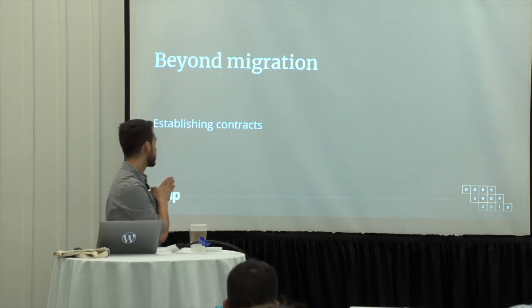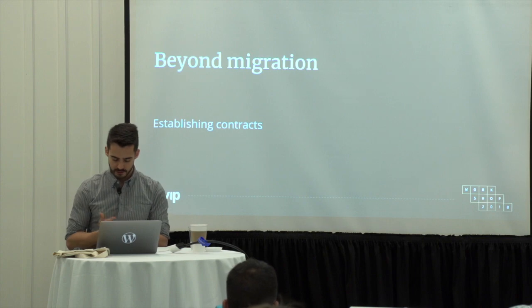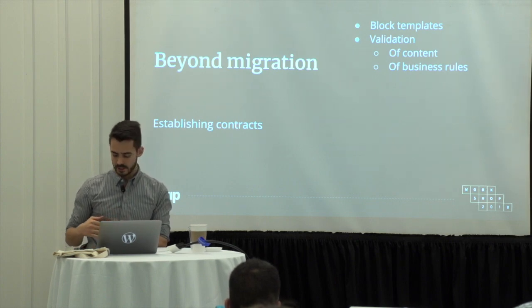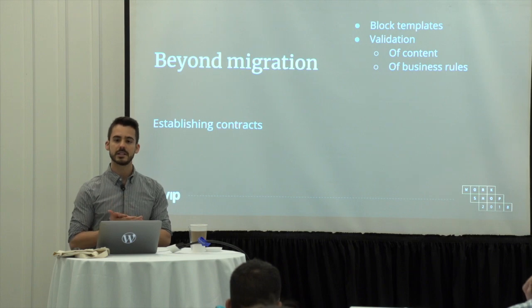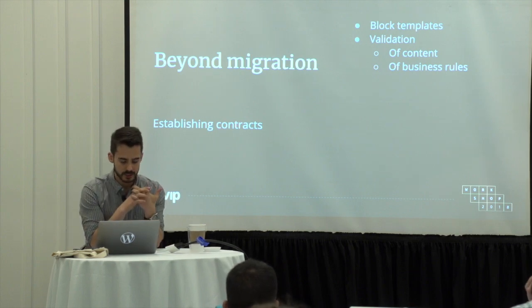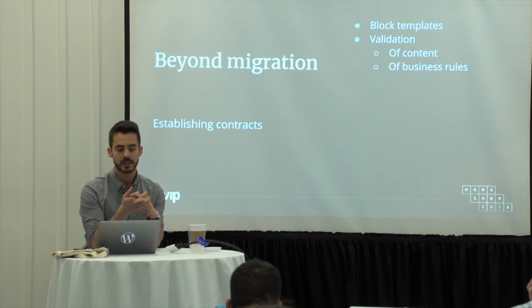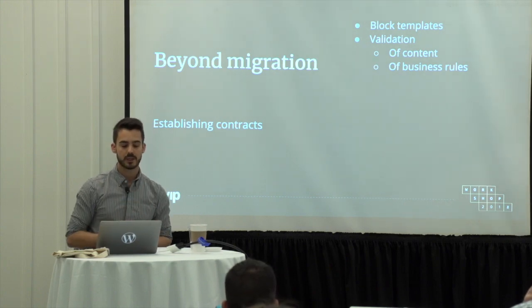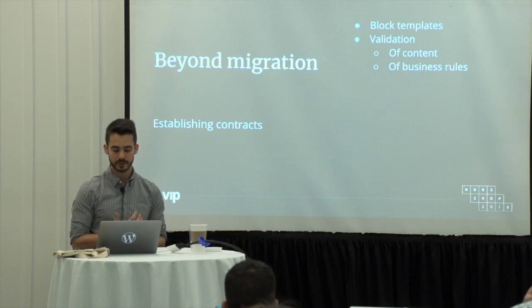Another thing is contracts. And we've all been using them if we're working with users and clients in some form or another. We're going to look at templates and validation. Typically, this is when we have specific scenarios and we want to be sure that users know how to use the tools. We like to lock things. We like to hide away confusing bits of our interface. Is something we've always done. We can do some of this, but hopefully with Gutenberg,